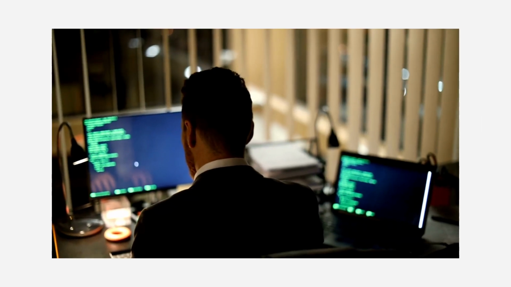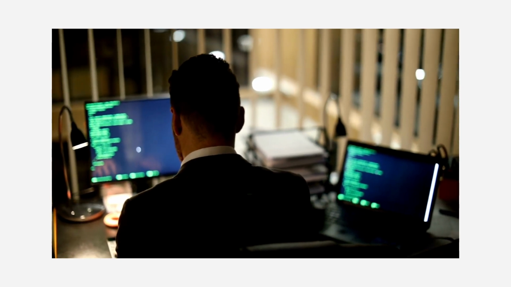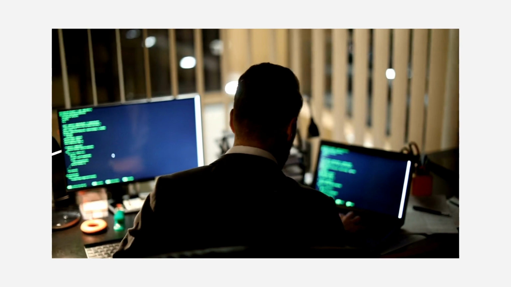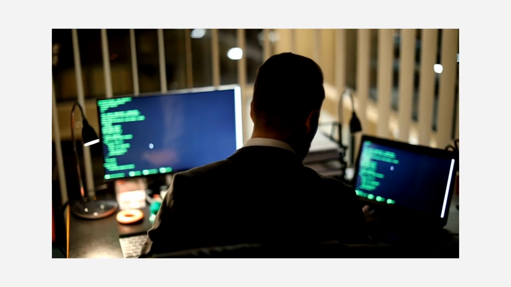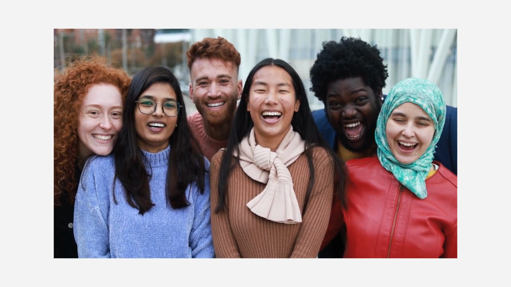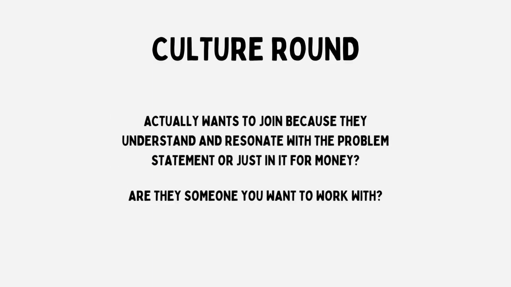The technical round, essentially you want to gauge as much as possible the person in front of you, their technical skills, and if they are able to do what they claim to be able to do. After the technical round is over, essentially the next stage is culture round. The culture round is essentially a way to make sure if the person would be a good fit in your